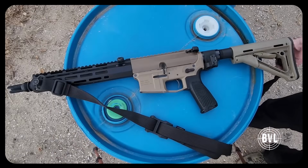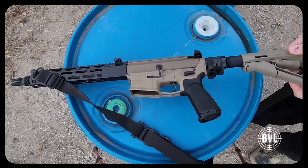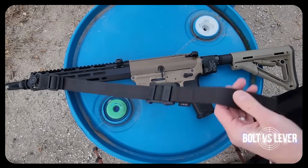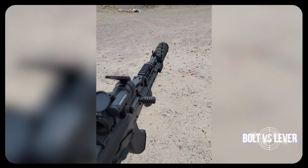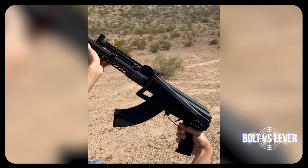Worse, 5.56 NATO zips through soft tissue but loses steam fast in windshields, car doors, or heavy clothing. A hog might keep charging. So what's a better alternative? Well, something like the Palmetto State Armory AK-104 Zukov U pistol. PSA listed at